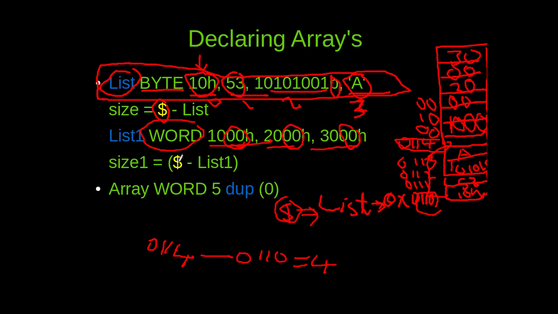So $ minus list 1. List 1 is gonna be pointing actually here on this empty spot. So this is gonna be this one. Those 2 bytes are gonna be for 10. This is where list 1 is gonna be pointing at, which is 0114. And now 2 bytes, and those 2 bytes are for the 20, and I have 2 bytes, so it's gonna be